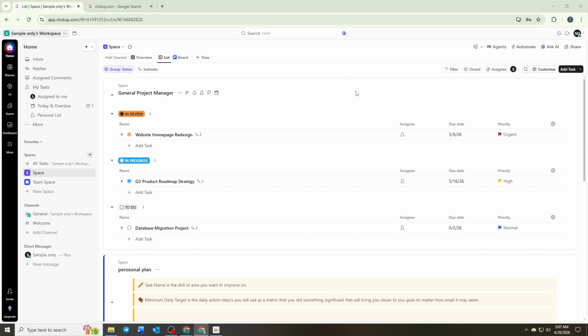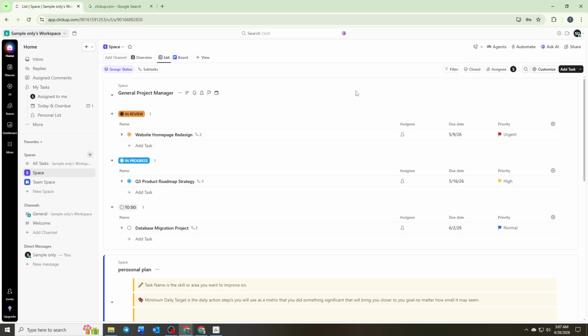In today's video, I'm going to teach you how to organize your software stack in ClickUp. This step-by-step approach will help you clearly document all the tools your team uses, understand what each one is for, and keep track of ownership in a structured and reliable way. It's especially useful for founders, teams, and freelancers who want to replace scattered notes and confusion with a centralized system